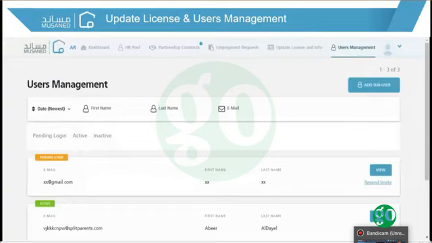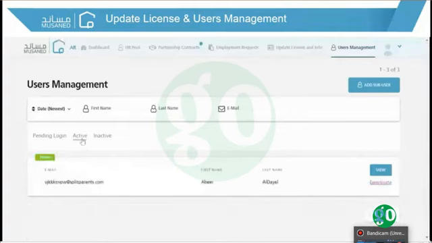If all these fields have been filled in by the sub-user, then he can successfully use these credentials in order to log into the new system. After that, the user status would turn to active, meaning that the user could successfully log into the system.